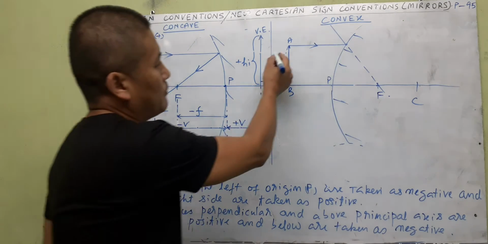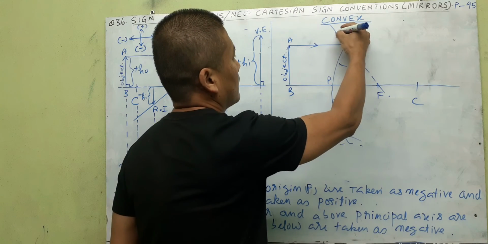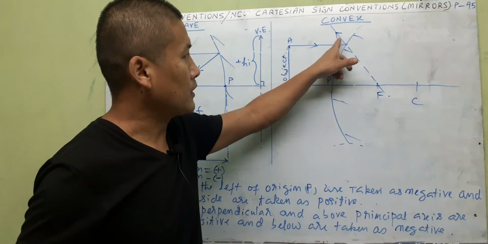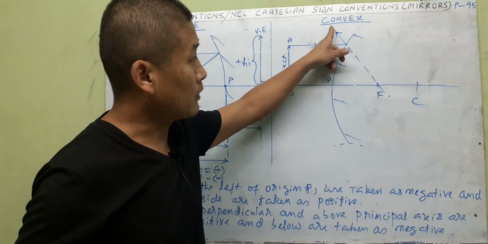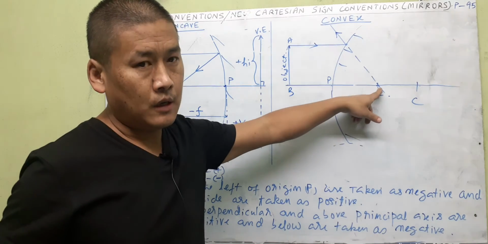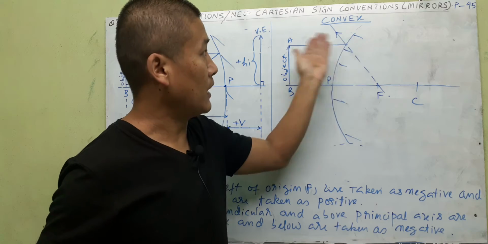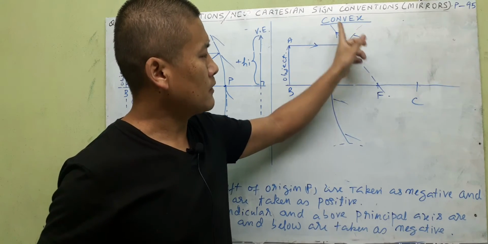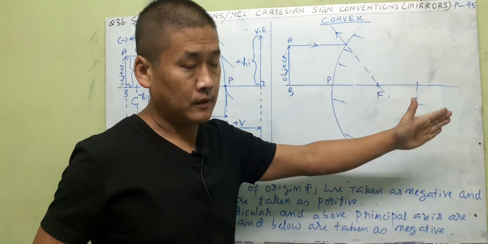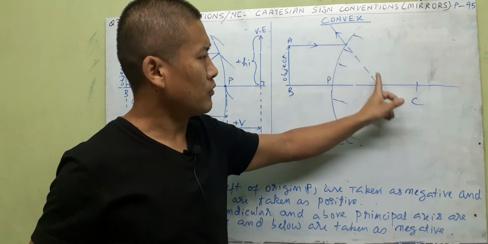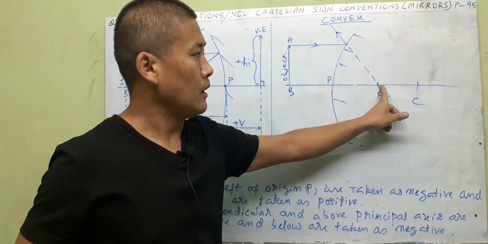Then this ray will come and bounce back like this, and it is coming from here, right? But after reflection, because of the direction, it will look as if it's coming from F. It is not coming from F. It is coming from the incident ray from the left side, but it will look as if it is coming from F, which is on the right side. So the reflected ray looks as if it's coming from the focus, but it's not really